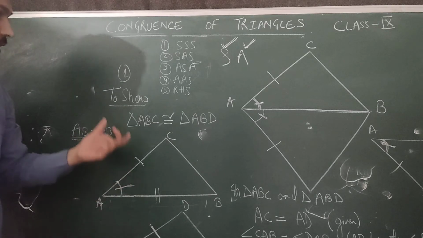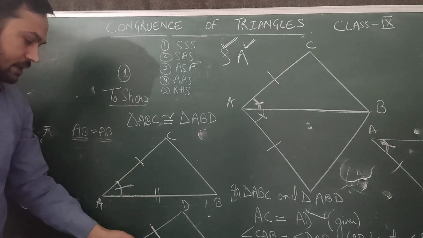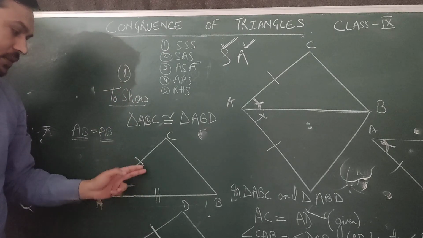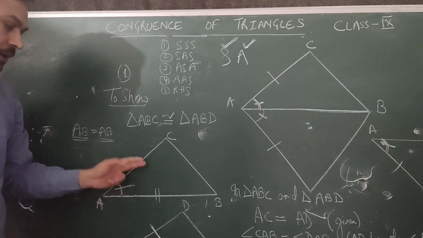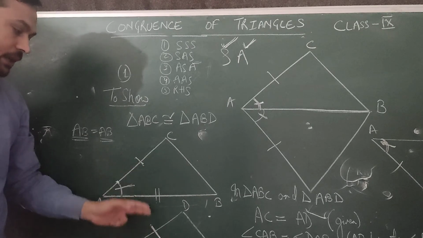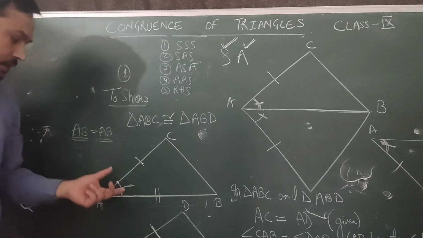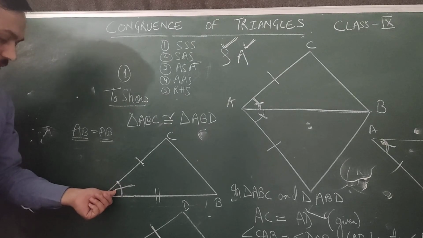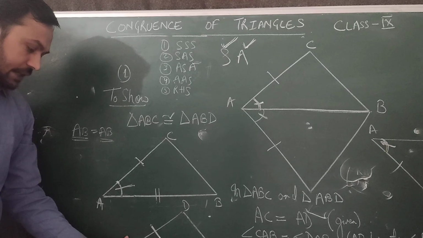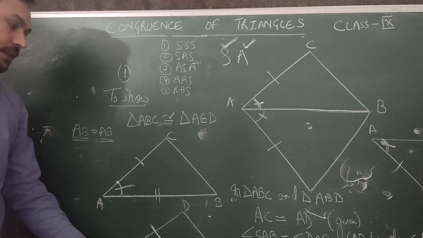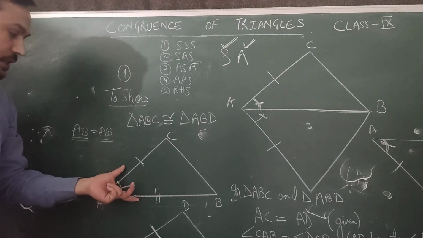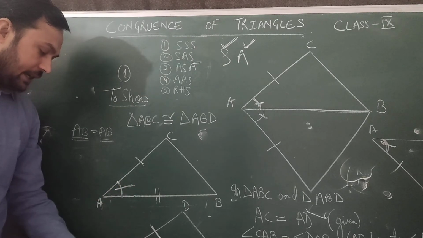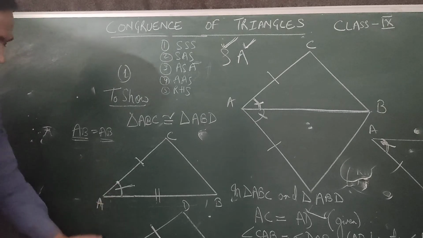Yes, because what was the criterion saying? You need to read the sentence properly also. Two triangles are congruent if two sides and the included angle of one triangle are equal to two sides and the included angle of the other triangle. Or you can say two sides and the included angle of one triangle are equal to the corresponding two sides and the included angle of the other triangle. So we have shown that.